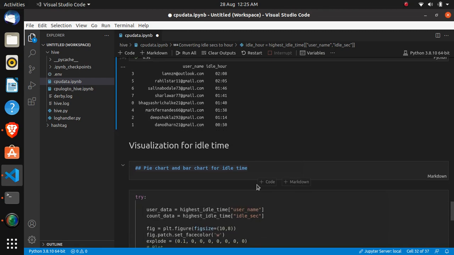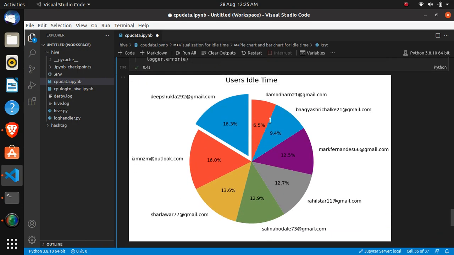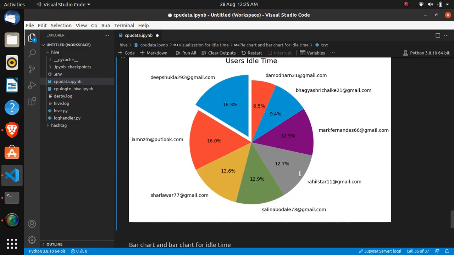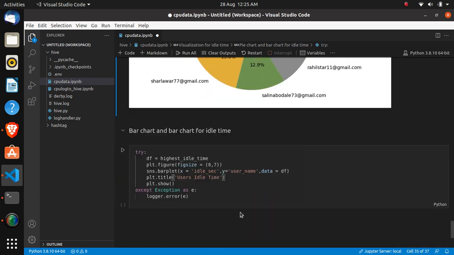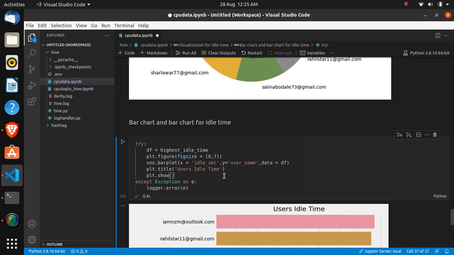Let me do the visualization for this as well. I just have to run this query, and then run this notebook cell. Here you can see the pie chart for the same, and here you can see the bar chart also.